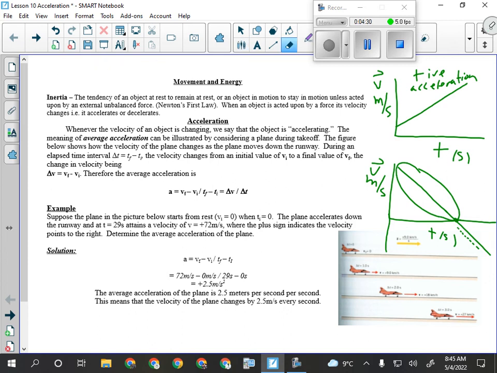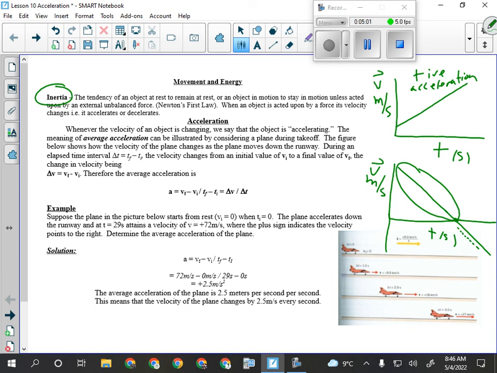Okay, so we got to be able to obviously interpret graphs and understand how acceleration works. Acceleration is any change in velocity over time, positive or negative. Right? Now this term here is important. Inertia. Okay? Inertia has to do with Newton's first law, which is today's the only day I'm going to talk about it in Science 10. It's a huge deal in Physics 20. Okay? Inertia, or Newton's first law,